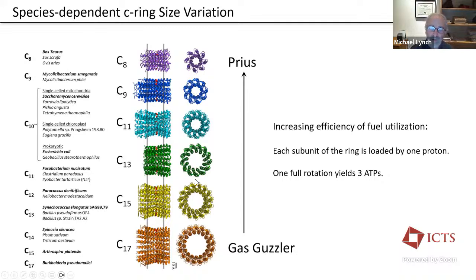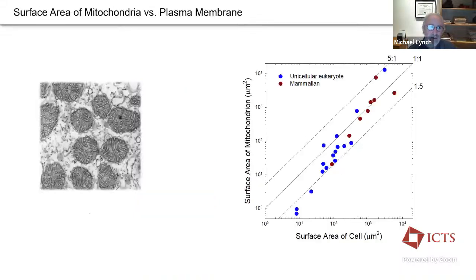Why this kind of variation exists among species is completely unknown, and it doesn't appear to have any obvious phylogenetic relationship. The 8s here do happen to be all mammals, but if you go up and down this list, there's a plant here. These are both plants. All 3 of them are plants. There's various bacteria sprinkled throughout and so on. But what this tells us is that organisms, just based on the so-called proton motive force, have very different efficiencies of fuel utilization.